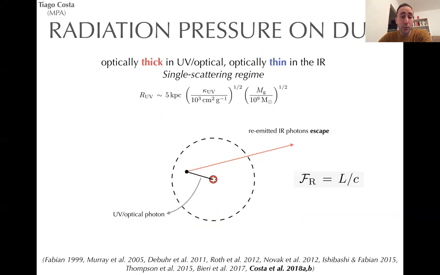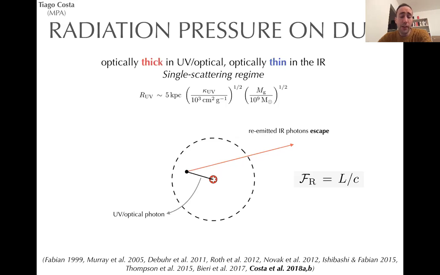In this talk, I'll briefly review the efficiency of radiation pressure on dust as an AGN feedback mechanism. The natural environment for this process is the high redshift universe in starbursting galaxies, where high dust masses and high column densities ensure that the bulk of the AGN radiation field can be absorbed by the dusty ISM. There are two separate regimes in this model. The first one is called the single scattering regime.